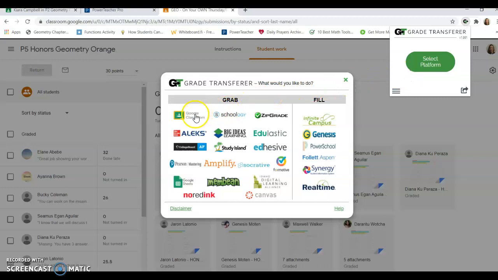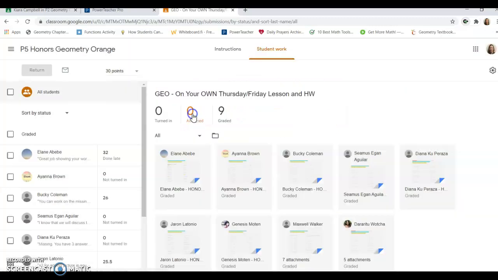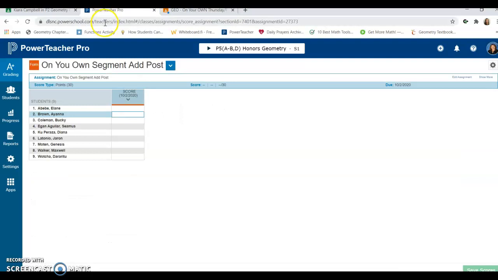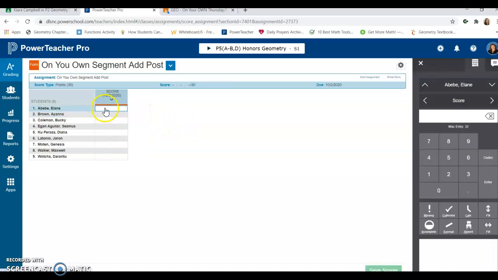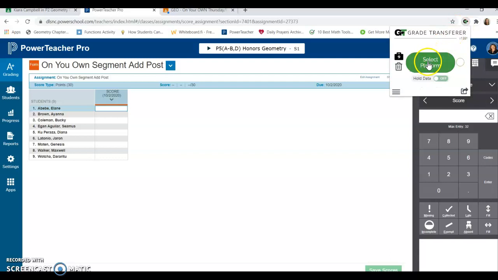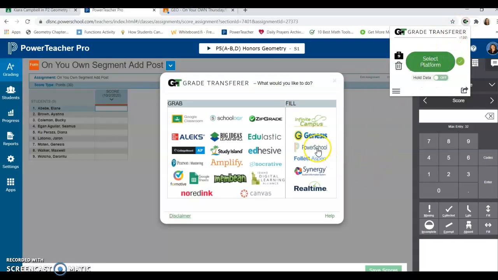So I'm grabbing the information from here from Google Classroom. So I have this. I press OK once. If I press it twice, I'm going to be in trouble. So that's one thing I found. Now I'm in PowerSchool, and I'm going to press this again. Oh, but before that, I need to remember to be on my first student. I haven't figured out if it has to be the first student or not, but I always do it on the first one. So I press this again, the transfer, select platform, and now I am going to fill in